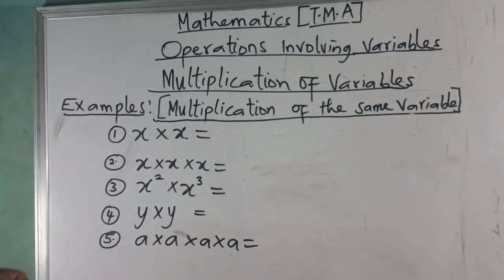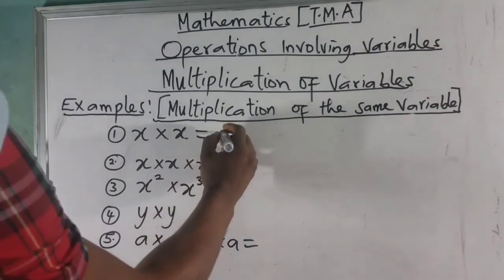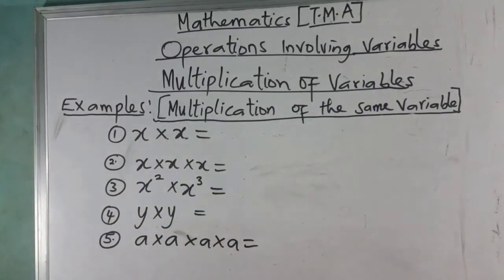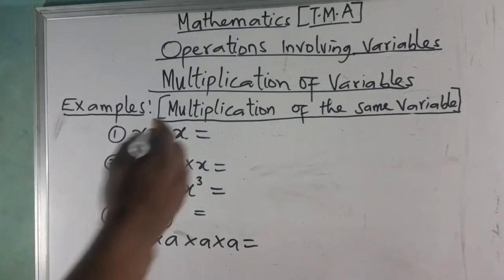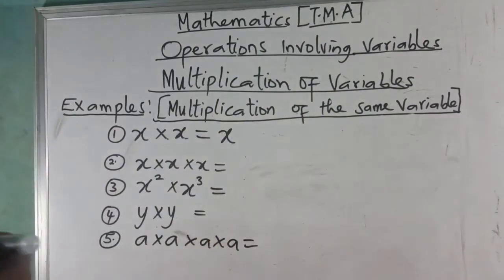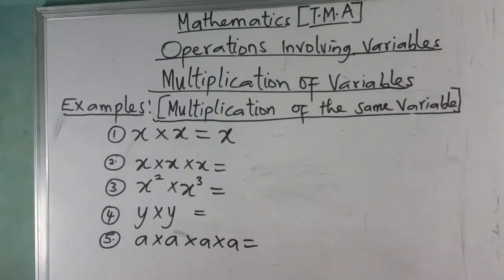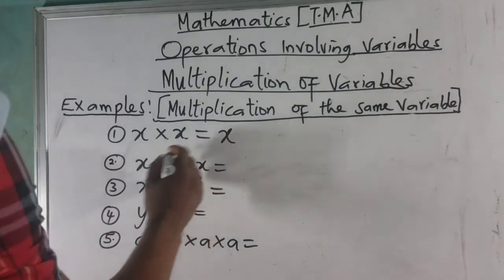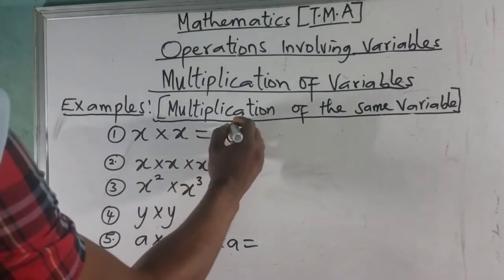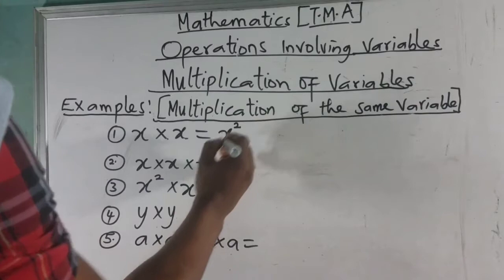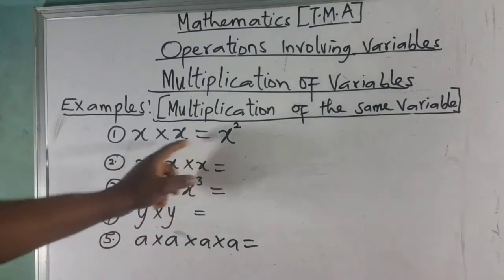What we need to do here is to pick one of these letters because they are the same. Now when you pick one of these letters, you show the number of times it appears. This one is appearing 2 times, so we write x raised to power 2, meaning that this x is showing